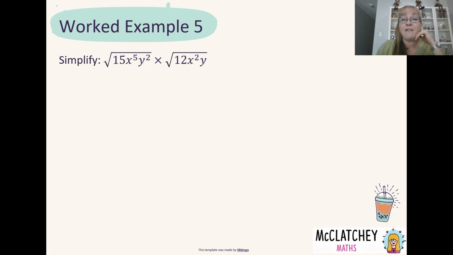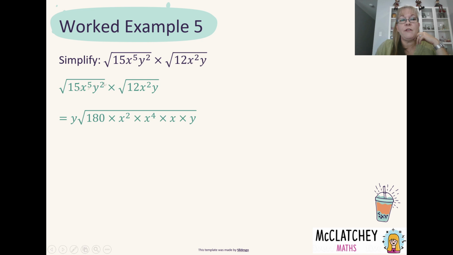Here's our fifth example, and it's a bit of a doozy. We've got numbers, we've got algebra as well, so we need to remember those index laws. So first of all, we're going to employ what we've just been doing when we work with surds, and we're going to bring the 15 times the 12 together. Okay, so here I've got the 15 times 12